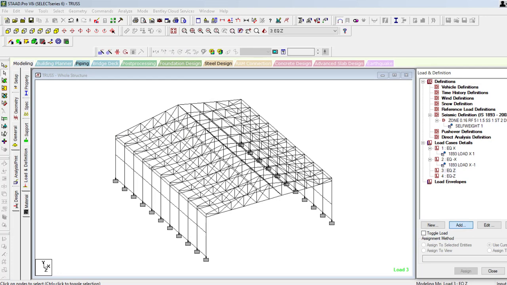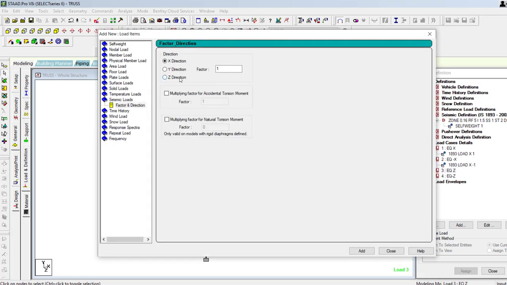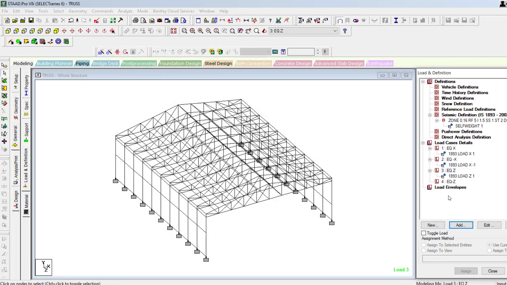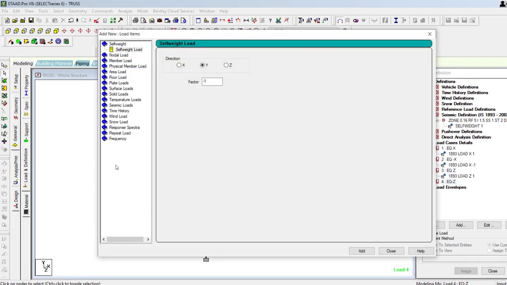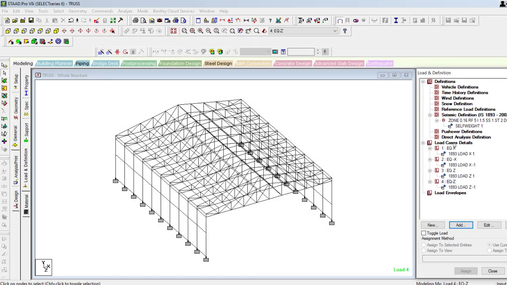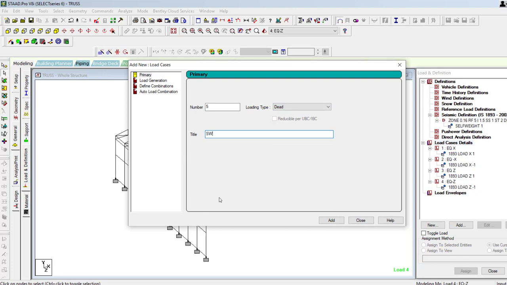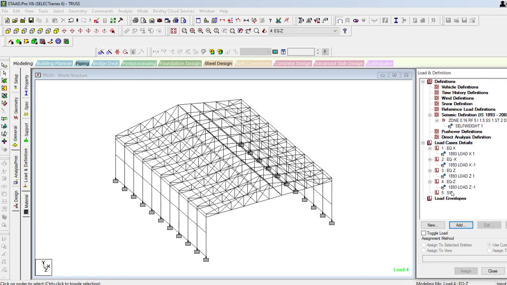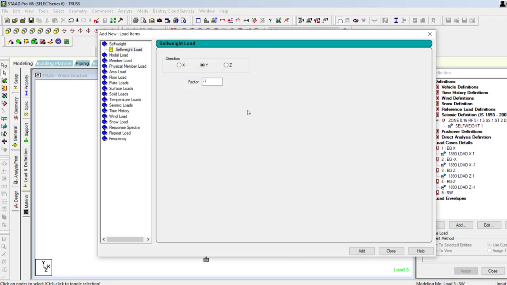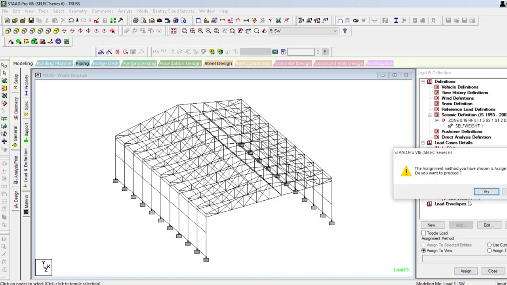For Z value we have to click on the Z, add and close, EQ minus Z, seismic Z minus 1 factor, add and close. Next we have to apply the dead load, dead, self weight, add and close, add, self weight minus 1, add and close, assign to view.